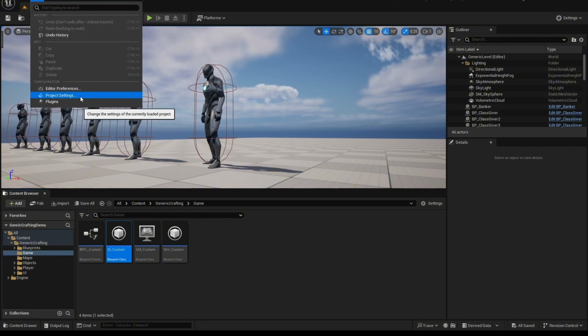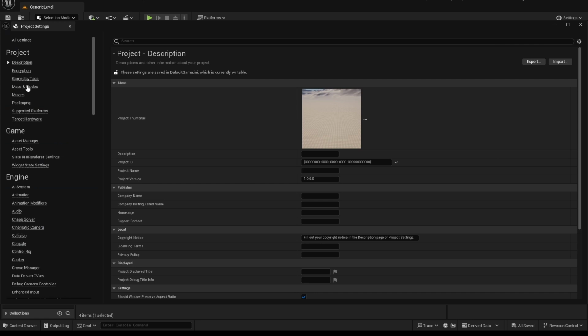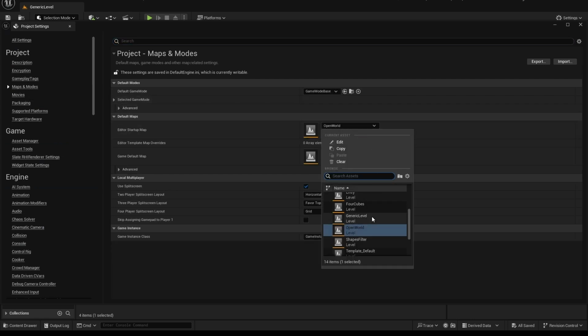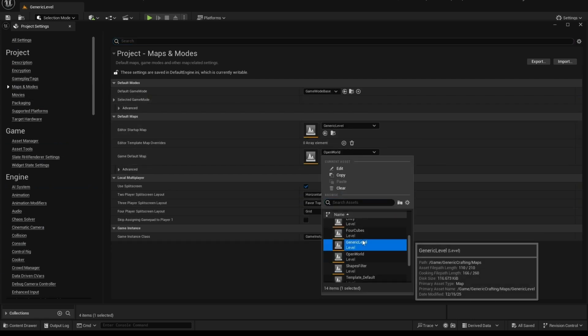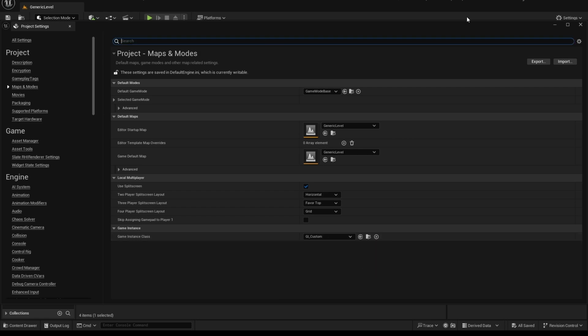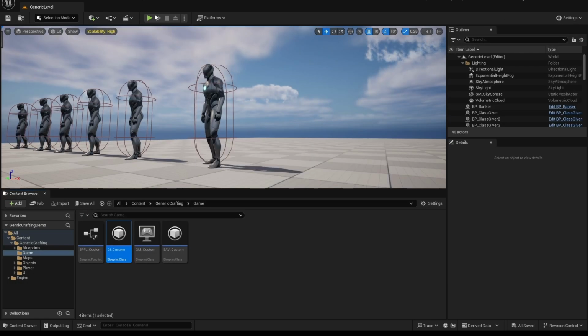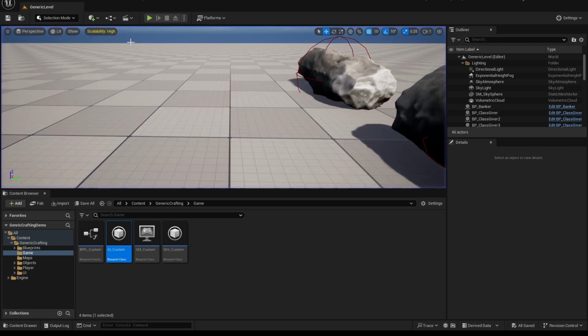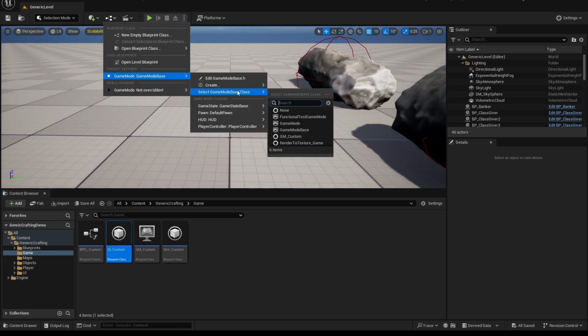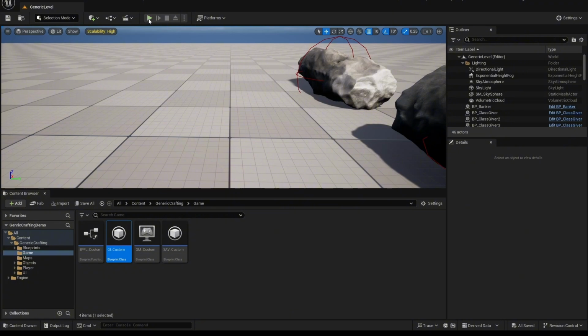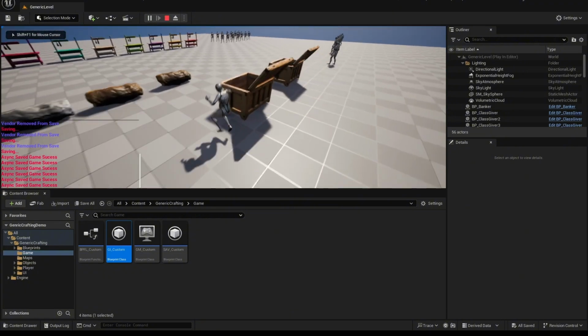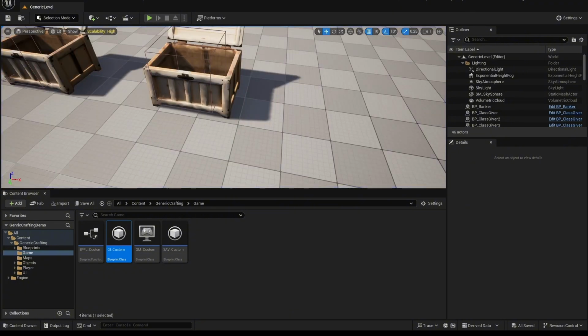I'm going to go through one more thing, and this is if you just want to delete your saved game data. So we're going to go through generic level, GI custom. That way we can actually save the game. I'm going to press play. I forgot to change the game mode back over again. GM custom, press play. Now that we've saved the game,